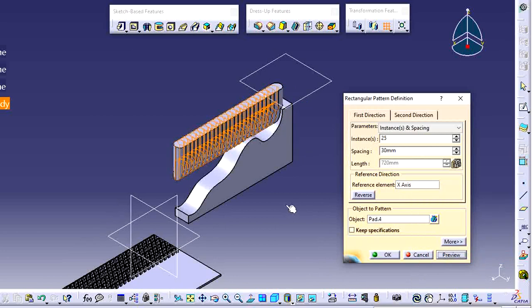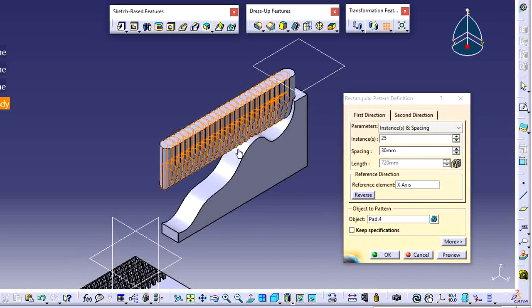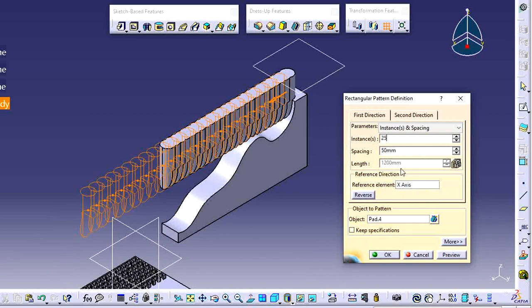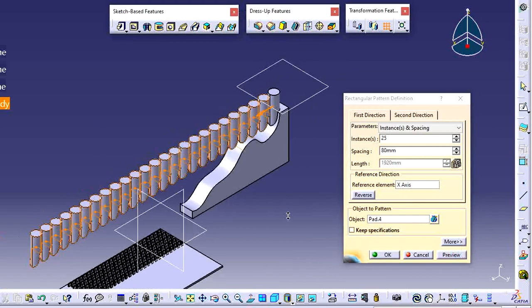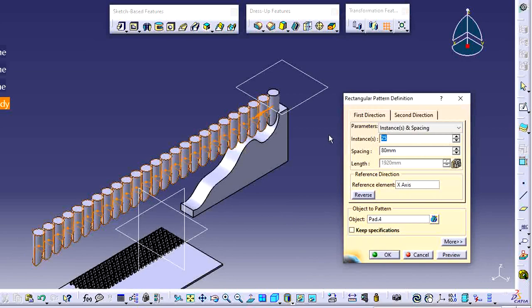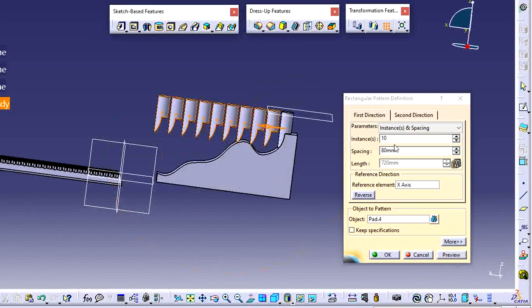Now see here, that item is created like this. I want to apply it with the specification also. Actually we are applying one specification for this, that is the up to next option. Now here I'm applying that feature also. Now here we have everything merged, so that's why I'm using 50 distance for each one. 50 is also not perfect for this. I'm changing to 80 distance. See here we have a number of items like this. I want only 10 items up to here. This one is also outside, so that's why I'm using only 9.